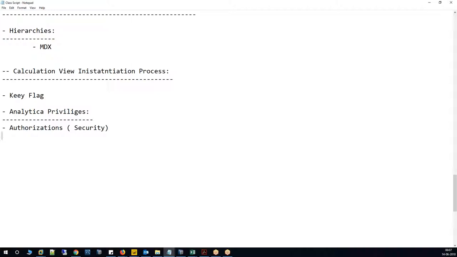So when you want to provide row level security or data level security, we use analytical privileges. When you want to use row level or data level security, we use